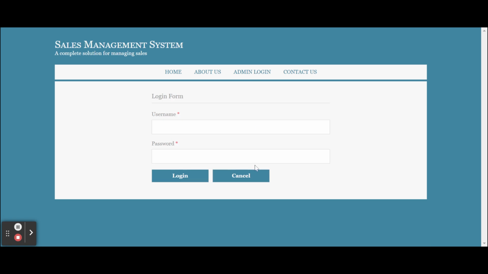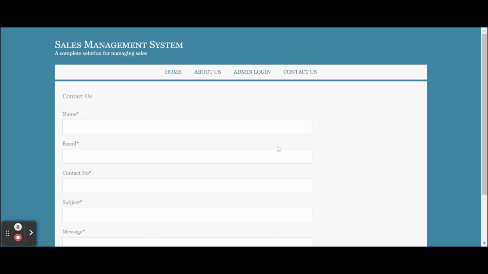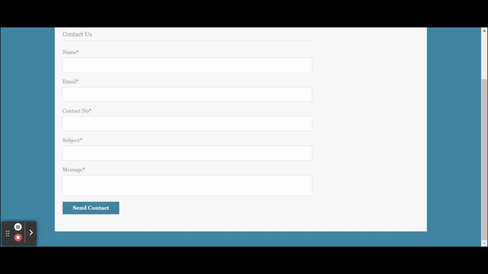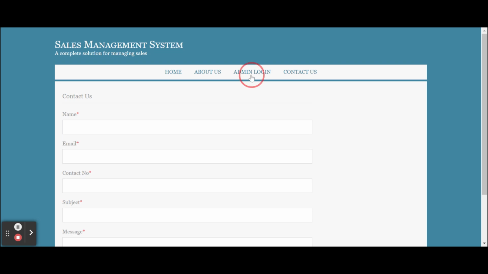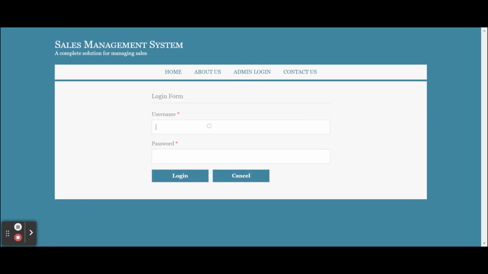This is the admin login. This is a database-driven page, and once you log inside the system, you will be able to perform certain operations. This is a contact us page, and it's a static contact us page. I'm not saving the values of this contact us page anywhere in the database. I'm not even sending any type of email or SMS from this page. This is admin login. Once you log inside the system, then you will get the dashboard.